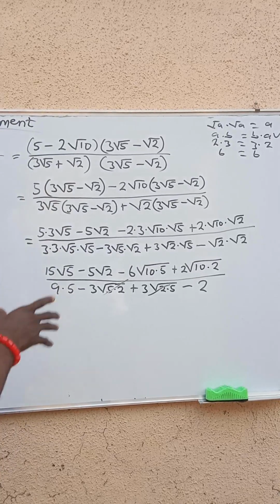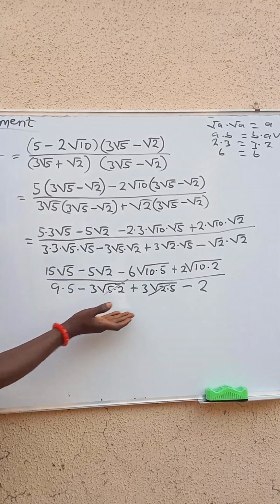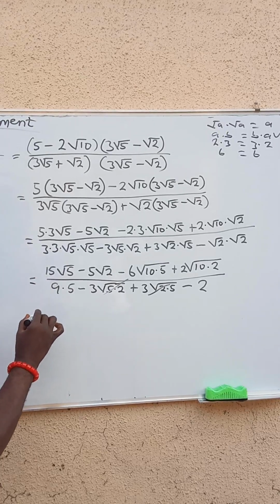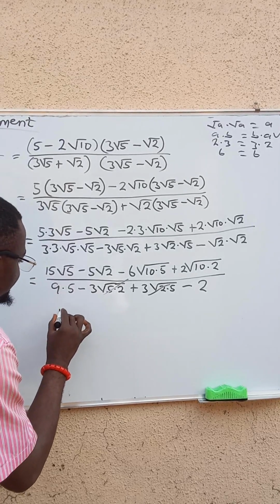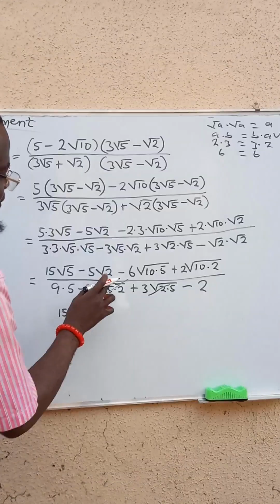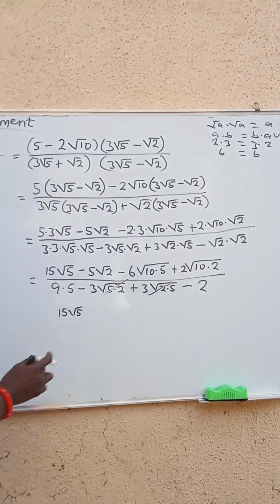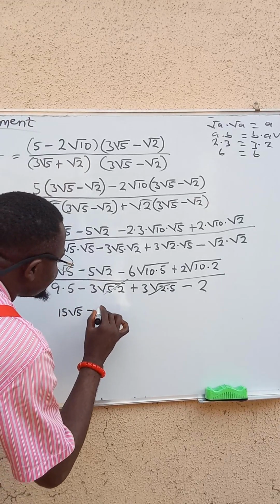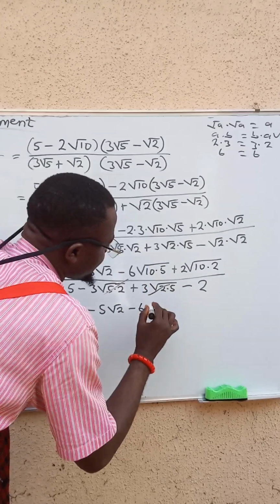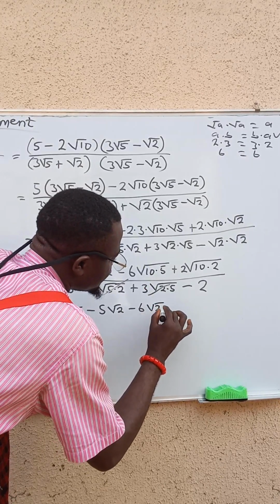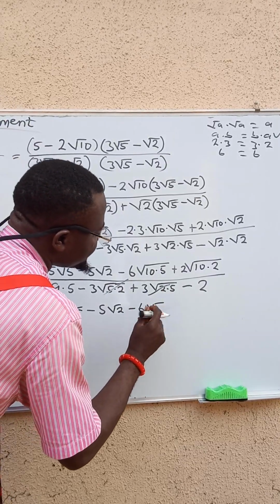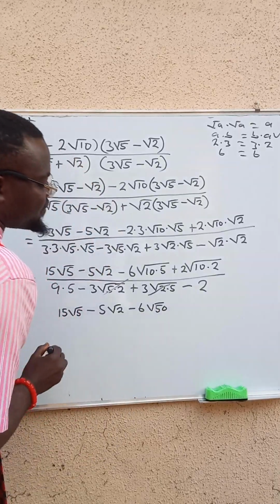So you look at it, if you rationalize, the denominator will not have roots again. Now, we have to bring it like this. I have 15 root 5 minus 5 times 2 root 5. I still have 4 there. 5 root 2 minus 6. I have root 20. Sorry, 2 times 10 times 5 is 50. I have root 50